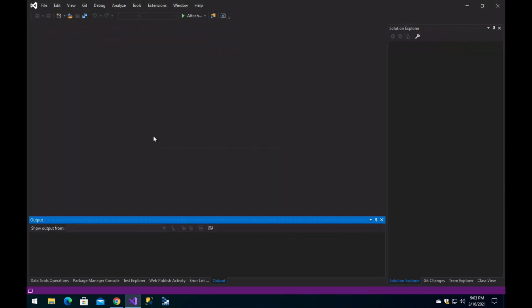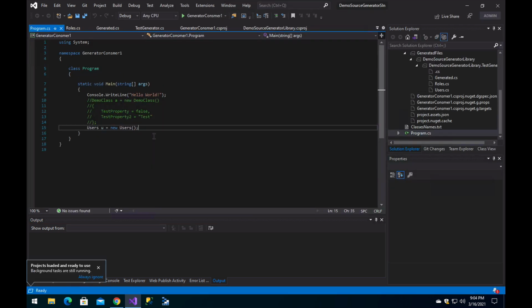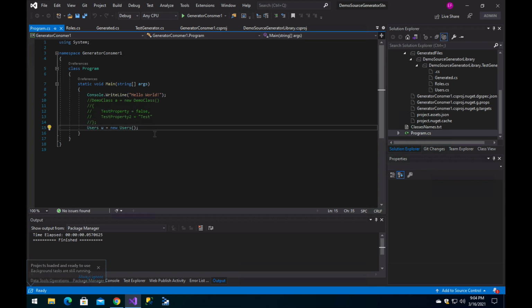So currently, when you have your analyzers in the same project, you basically have to restart Visual Studio for everything to refresh, right? And you see that I restarted Visual Studio, and now it actually found my users classes, my user class, it found my role class,